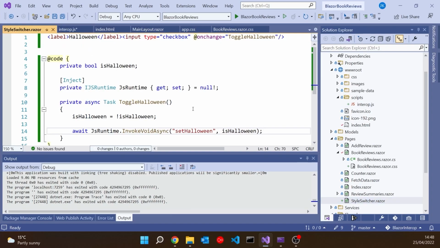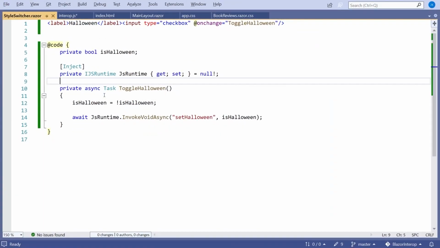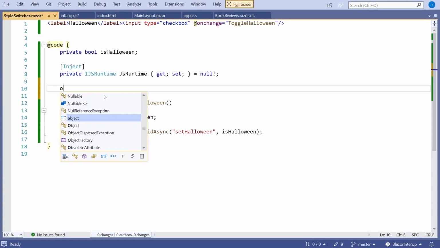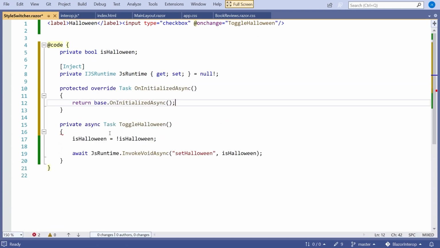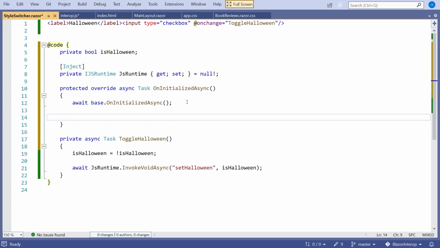So now what we're going to do is go back to our style switcher. Could be a different component, but we'll just stick with that one. And what we're going to do in here is, firstly, we are going to just override the OnInitializedAsync method. So that gets called automatically by the system when the component's been initialized. We need to make that async, and then we'll await the base class method, and then we'll also say, steal it from there.